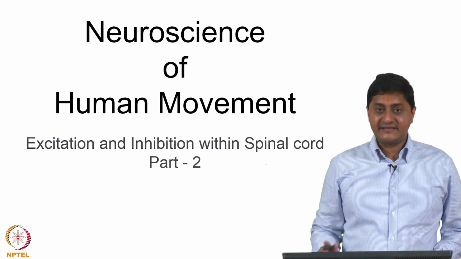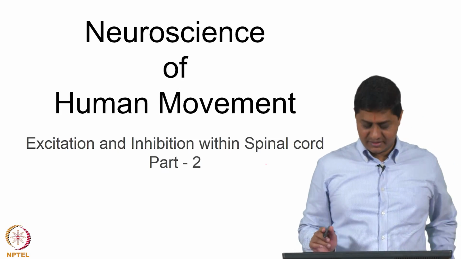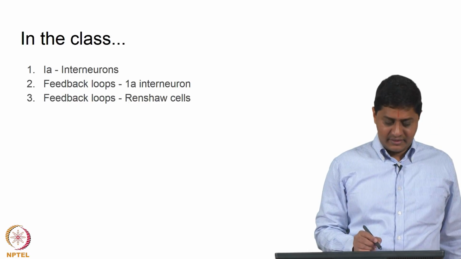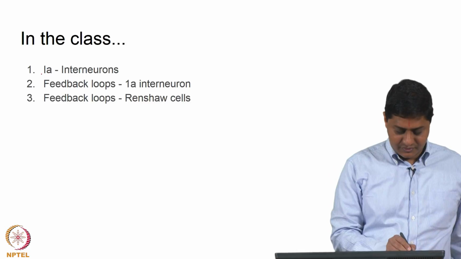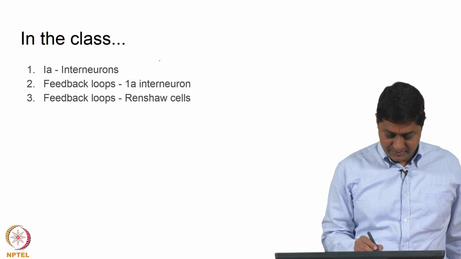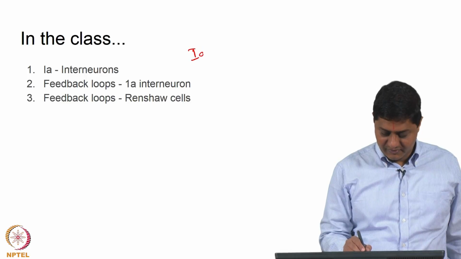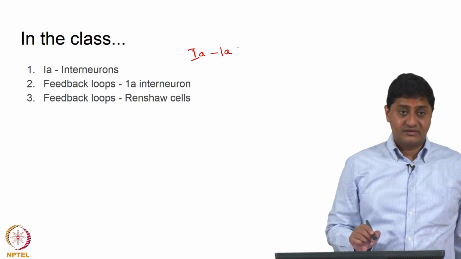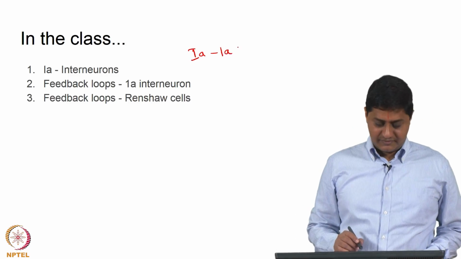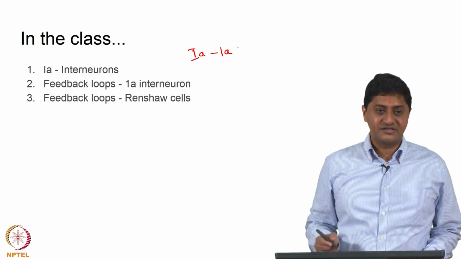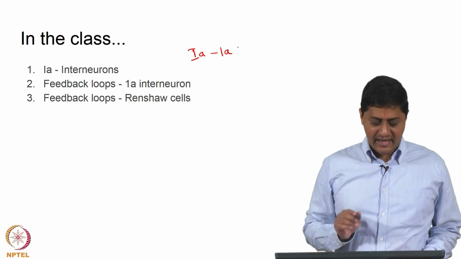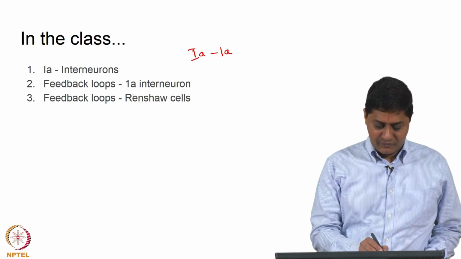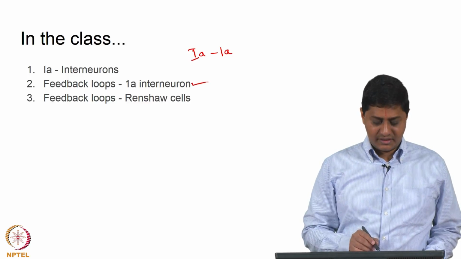Welcome to this class on excitation and inhibition within the spinal cord, part 2. In this class we will be talking about 1A interneurons and their function. It is written with Roman numeral 1, but for clarity in this class I am going to call this 1A, with numeral 1 and A, because otherwise some students read it as IA interneurons. So, that is actually 1A interneurons, and the feedback loops that are involved by 1A interneurons, and those that involve